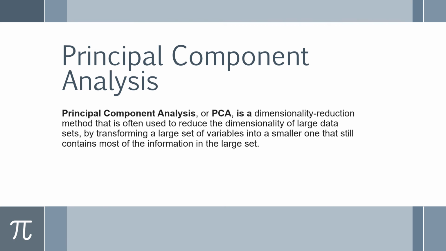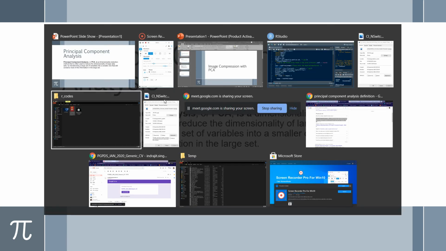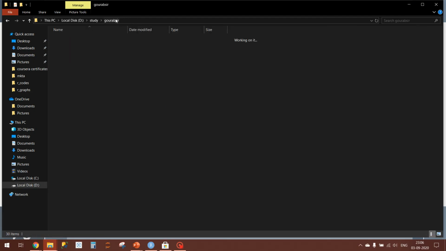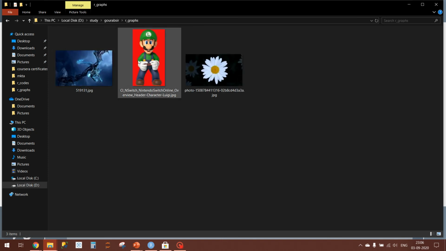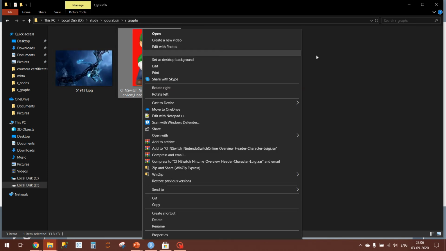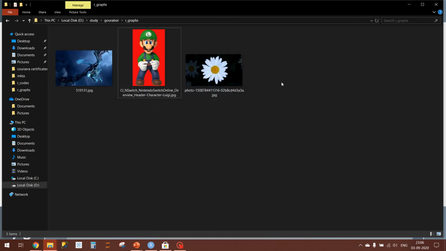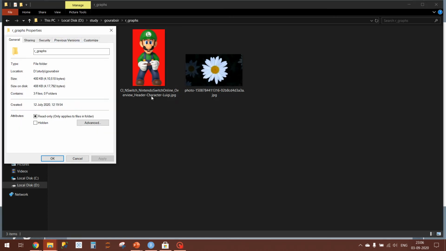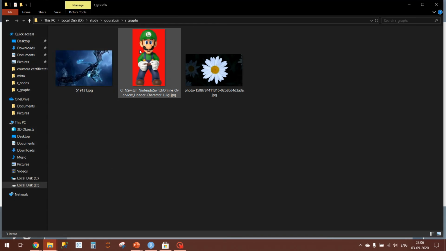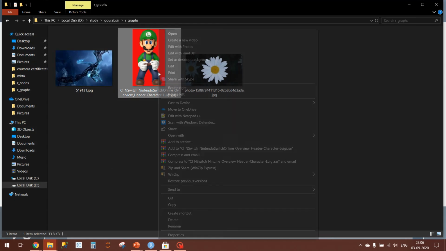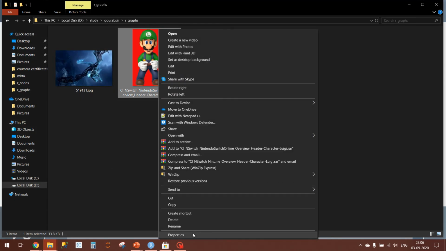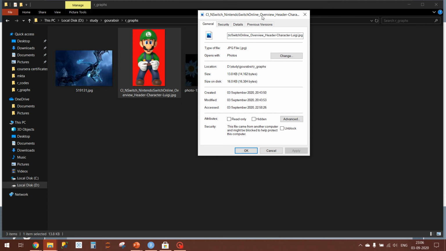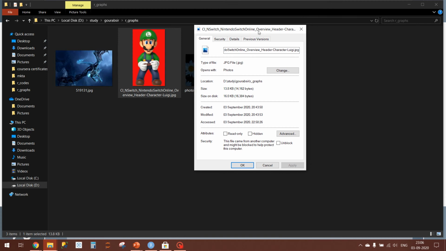So in simple terms, if you have an image and you want to compress it and the size is so huge, can you use PCA techniques to reduce the size of that image? So we will understand the concept in R by using PCA, which we will explain in the later part of this tutorial. If you go to the downloaded images of Google, you will find that one of the images has a size of 13.8 KB. So we want to reduce it with the help of PCA.